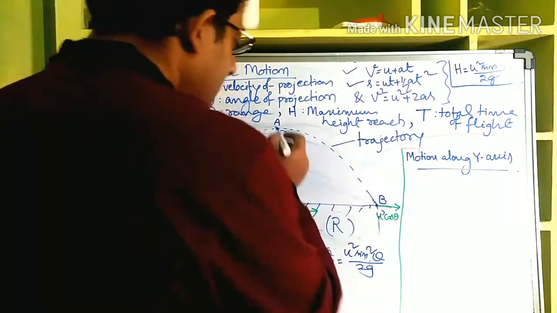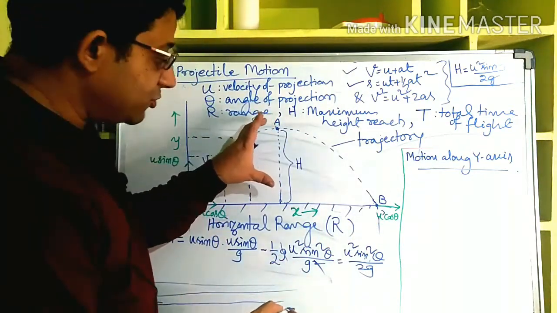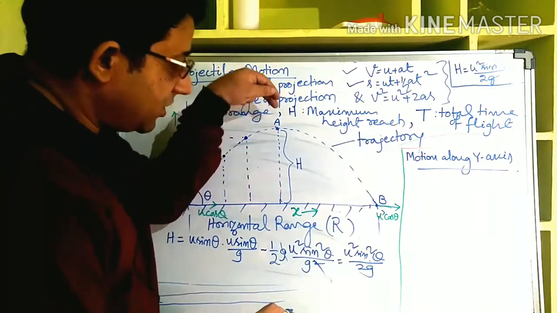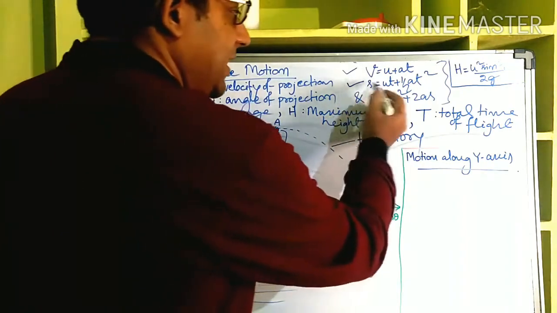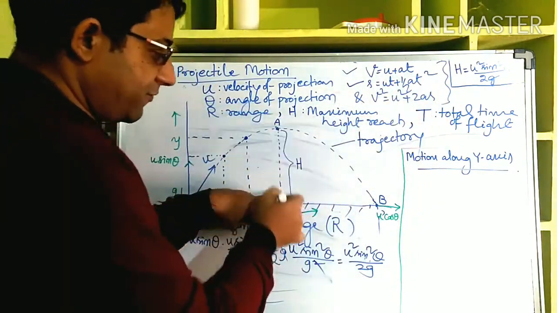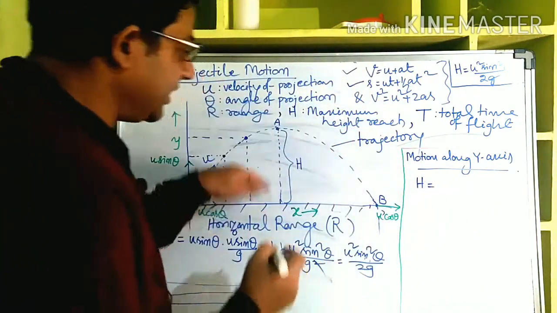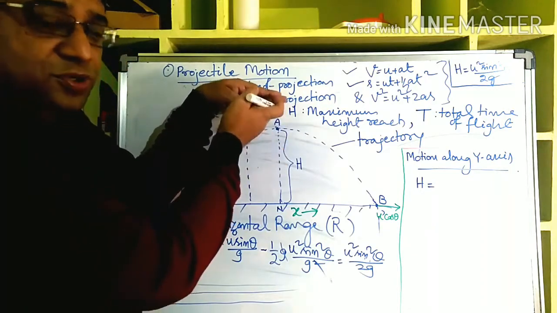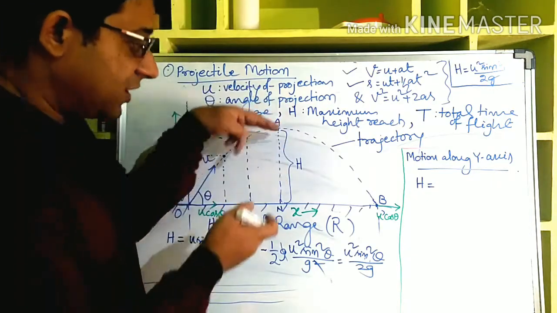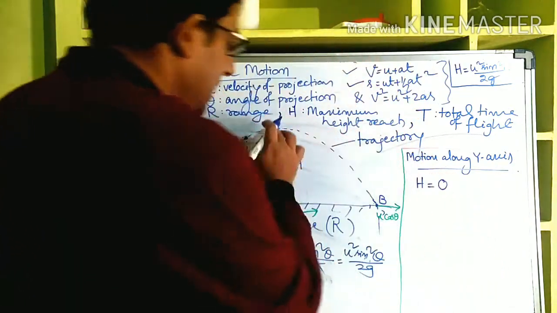So to fall this, how much time will be taken? We will consider the vertical motion again, but in this downward direction. So what is the distance traveled? That's s. I am again using s is equal to ut plus half at square, and for the distance h I am writing s is equal to ut. While falling, its velocity became 0 and it is falling, so it is like from rest it is falling, so u is equal to 0